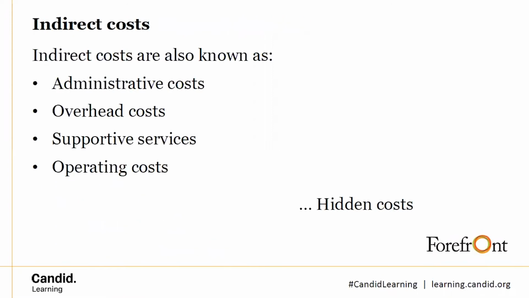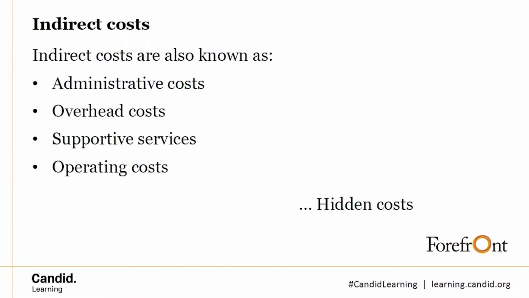This is a part that can be fraught. So what do we mean when we say indirect costs? They are often considered the cost of doing business, costs not directly attributable to the project, but necessary to sustain it. So if your organization closes its doors, clearly you can't run the project.